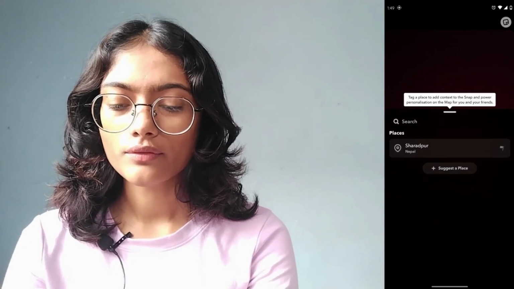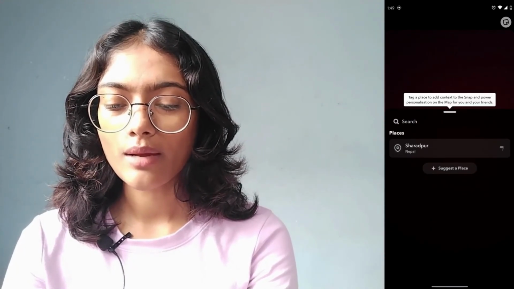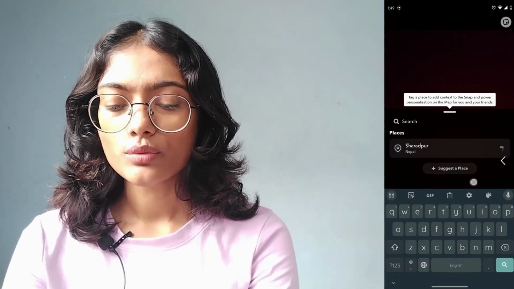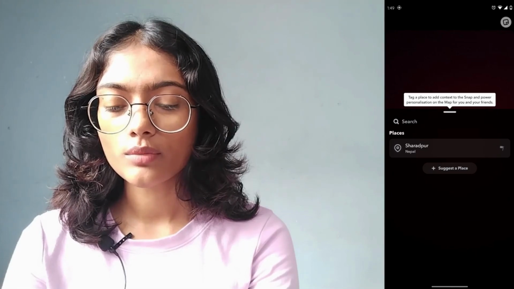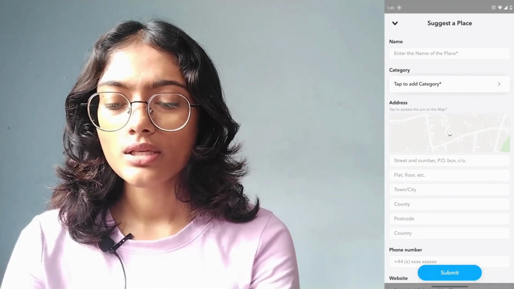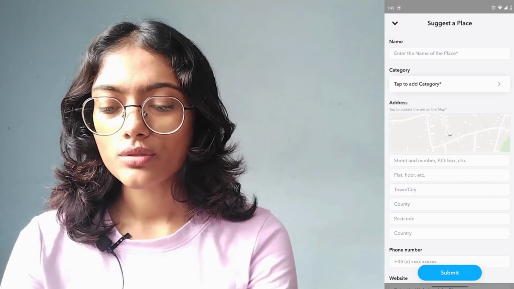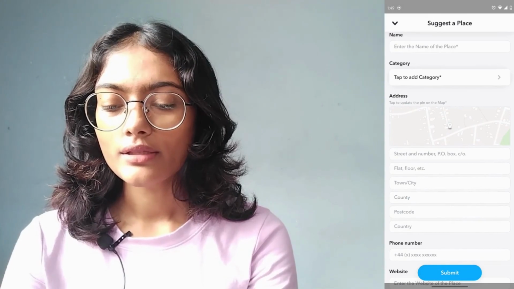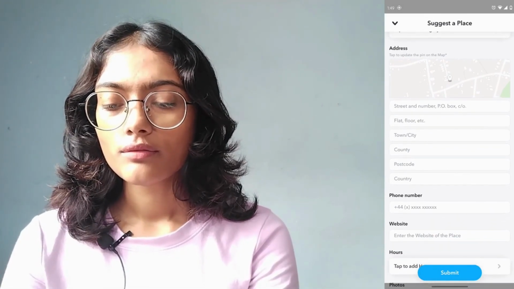and here you will have a search bar. You can simply tap and search for a place, or you can also go to suggest a place, which is on the middle of your screen, and then here you have to enter the name of the place, and then you have to tap to add a category,